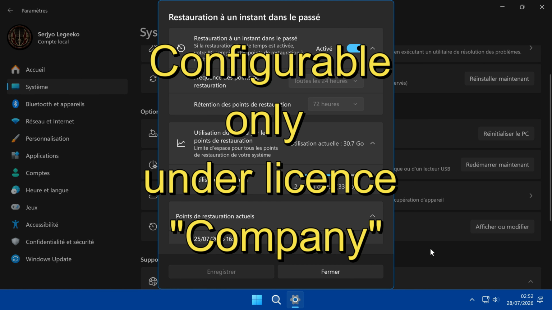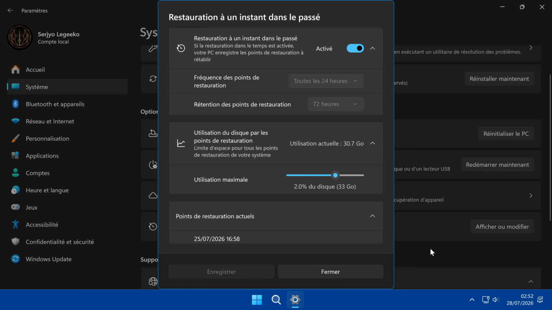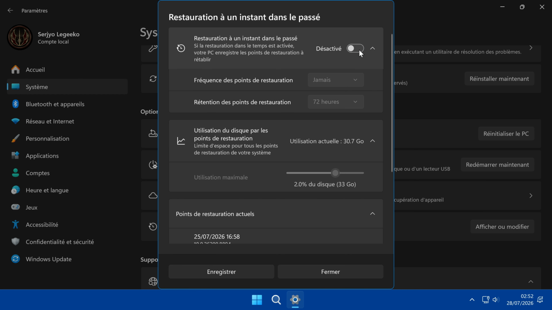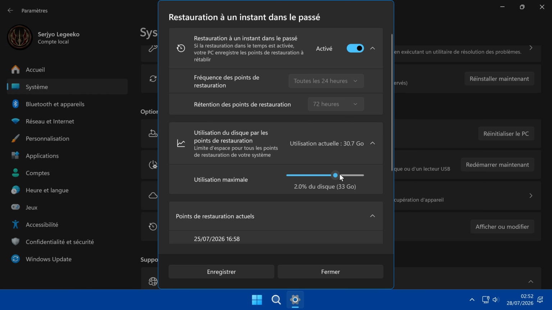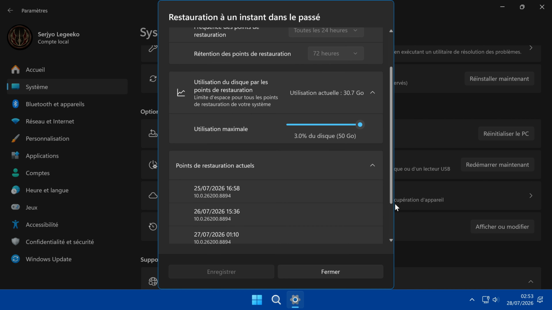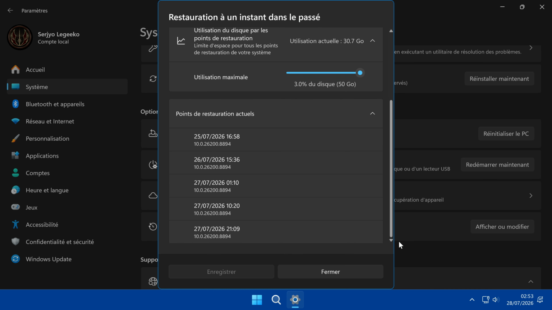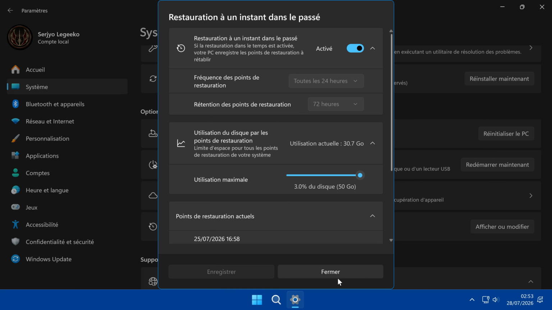The problem is that Microsoft is still messing about by introducing a feature without allowing you to configure it simply as you wish. The only option available is to enable or disable the feature, and management of the allocated disk space, which will be a maximum of 3% of the system disk's total capacity. Thanks Microsoft, very generous. Utter nonsense. It would have been more useful if this could be managed across all editions. That would make recovery easier, but then again, that's Microsoft through and through.